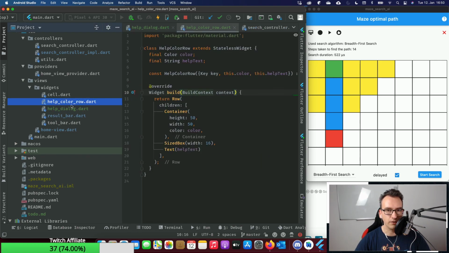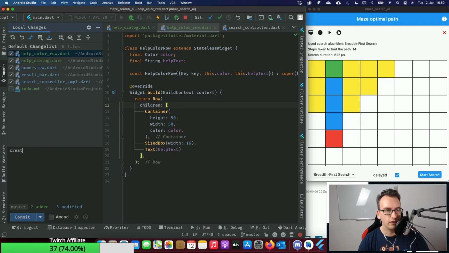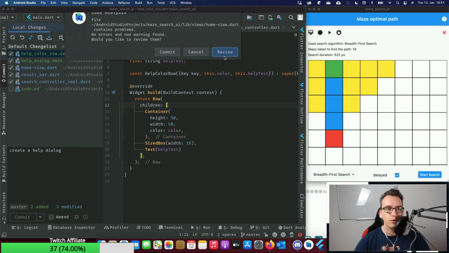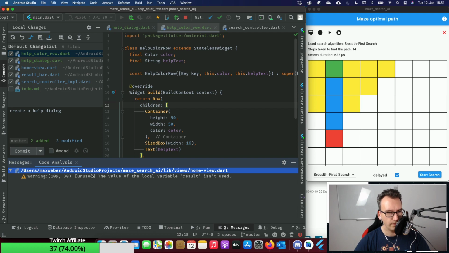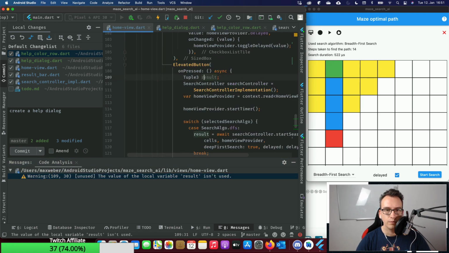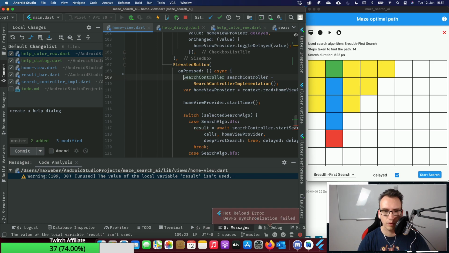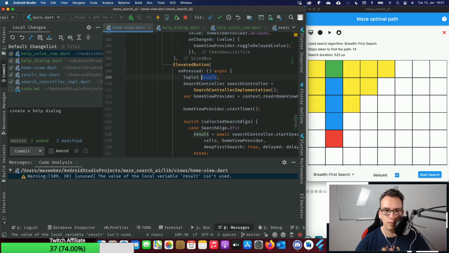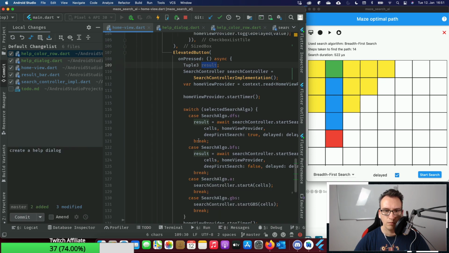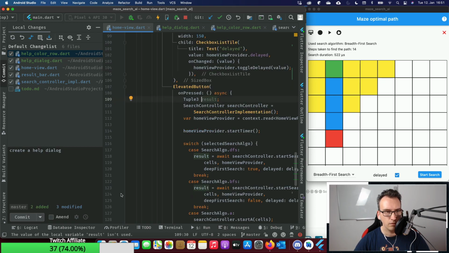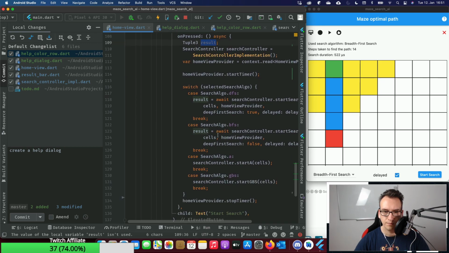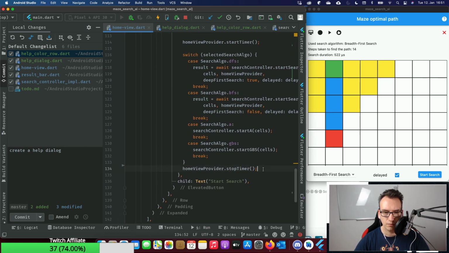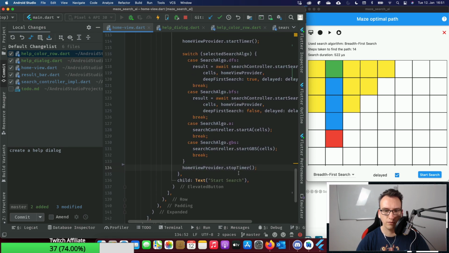So it's a bit unlucky, but yeah. So I created a help dialog and implemented it, and yeah, that's actually what we did. We have somewhere a to-do. Oh, good point. Yep. No, that cannot be. It needs to be used. This is set here. Stop timer. Here's something missing, I guess.